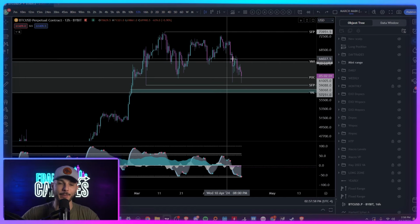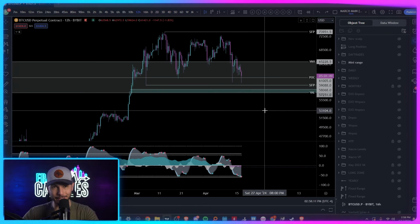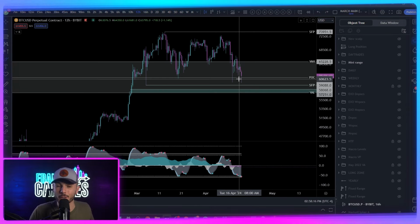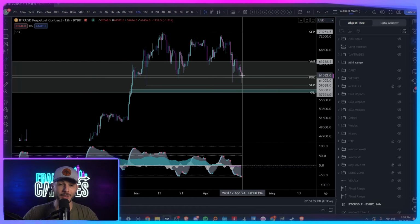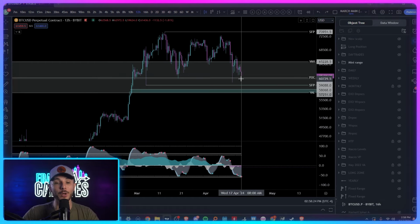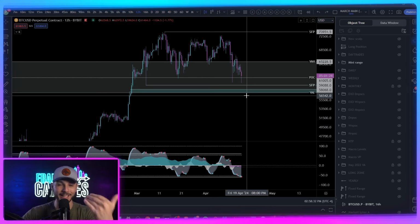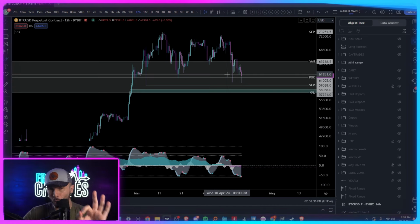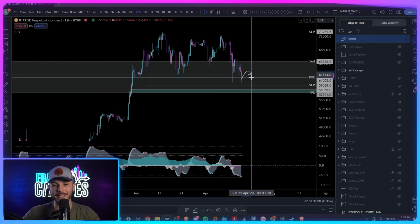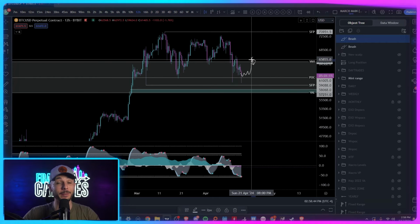I like to take the highest probability setups, which is why I'm watching these levels down here for a more significant long position, because the charts are not 100% clear. We're not getting strong confirmations for a bounce here. So although we could potentially get some kind of turbulence, I would really prefer to see these lower levels get hit. However, we can take the shorter term setups, although they are a bit more risky. I don't want anyone out there thinking that we're not getting into scalp longs and scalp shorts within this little price action here. But for the more significant trades, guys, I really would like to see price come down towards these lower levels. And even if we do get a bounce up from here, I will be looking for shorts,